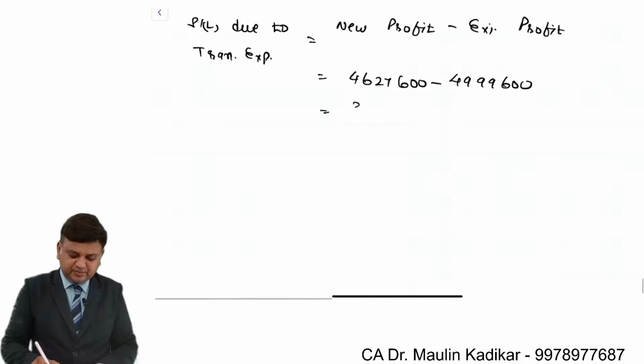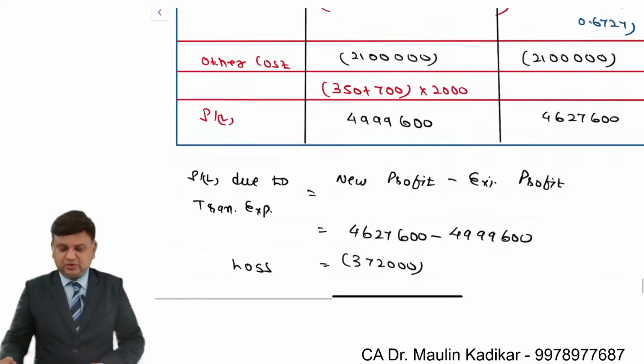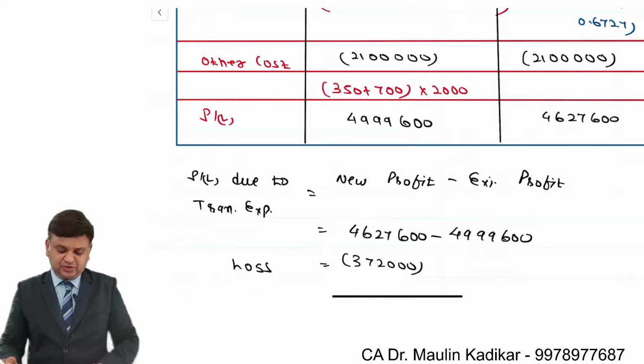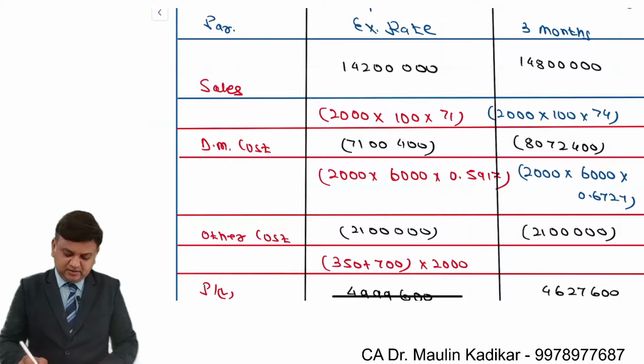So the reduction of the profit is loss. So there is a loss due to transaction exposure of 3,72,000, and we have already discussed earlier that over here